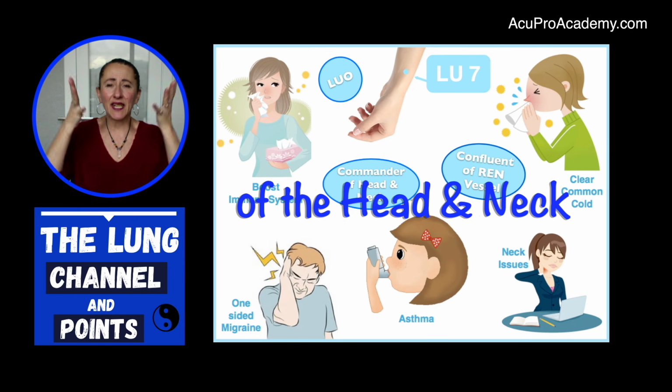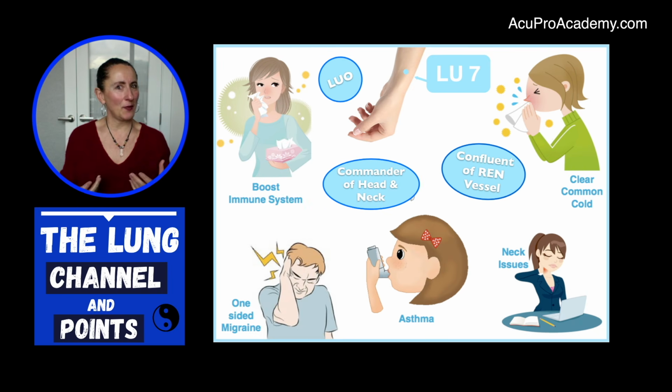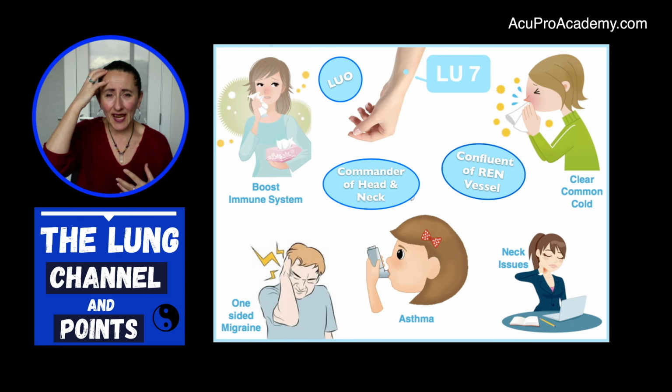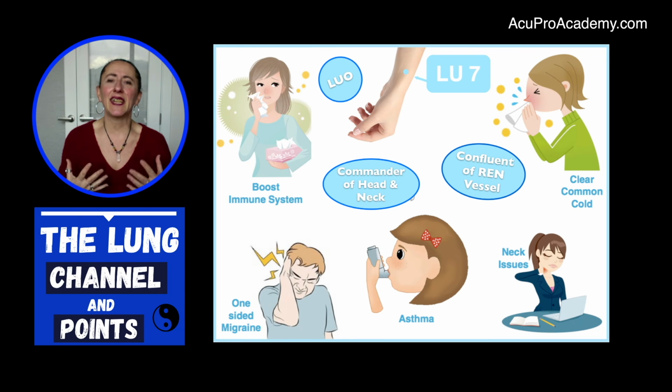So anything happening on the head and neck, you have to use Lung 7. What can happen to the head and neck? Well, tension headache, occipital headache, anything, a migraine on one side of the head, anything that is going to be a headache, I would put Large Intestine 4 because it's the best point for pain and headache, and Lung 7,